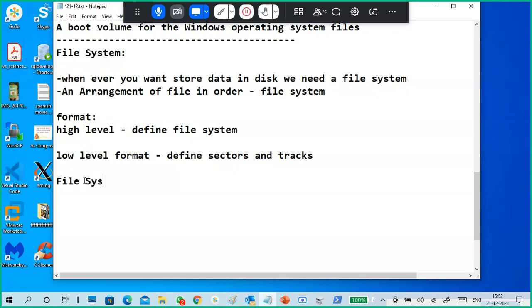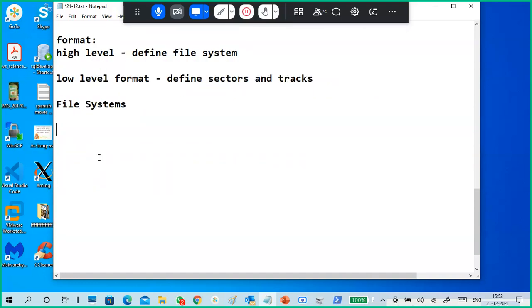So we'll see what existing file systems are available. The first one is FAT. In FAT there are also updated versions: FAT12, FAT16, with different names, but FAT32 is the final one. Then NTFS.